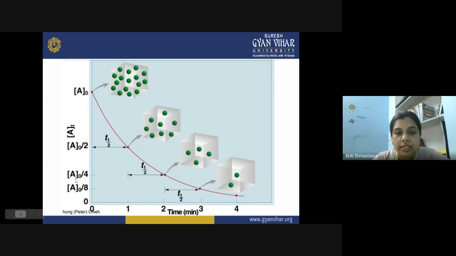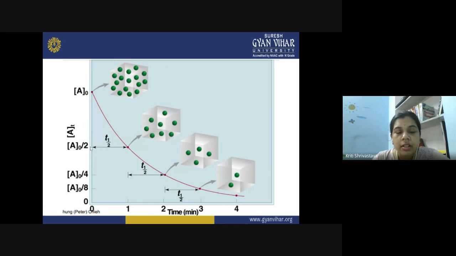So this is the initial concentration, and once the reaction starts proceeding in the forward direction, now suppose this becomes A naught by 2. That is the half concentration of the initial concentration. So all these values are the concentration values at different time intervals. So suppose at this point, you get half of the concentration. So the time corresponding to this value becomes the first half life, T half, and you can easily calculate the first half life here.